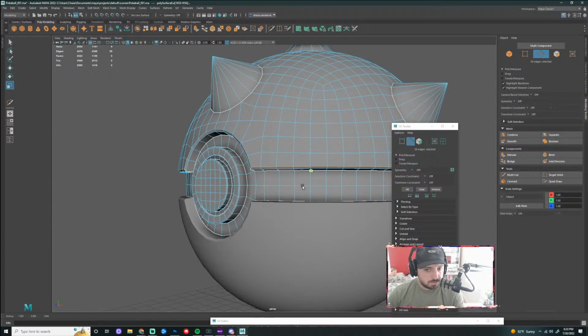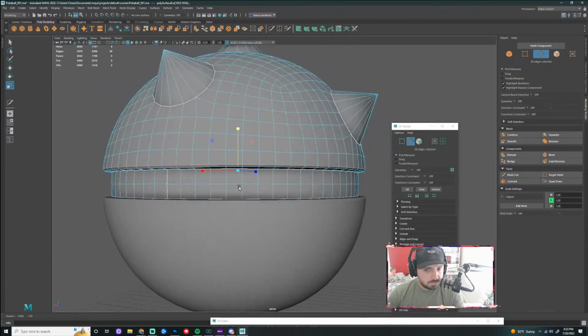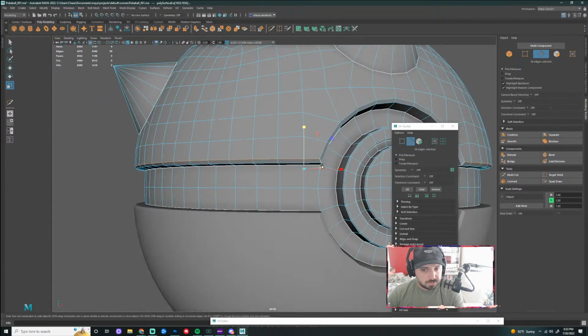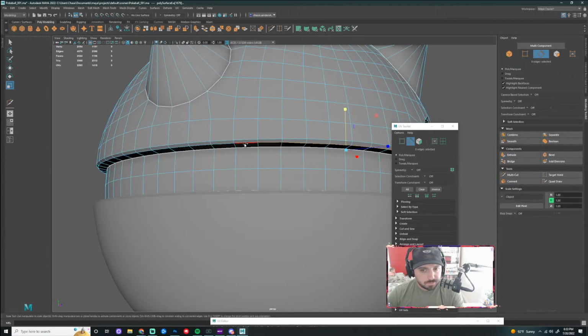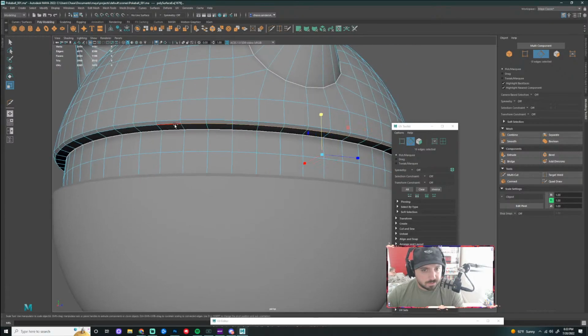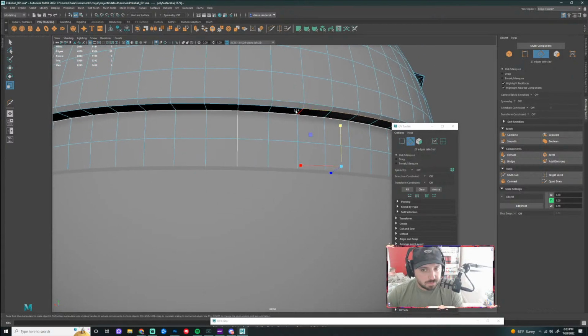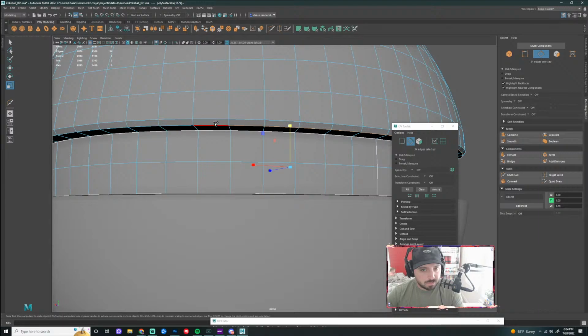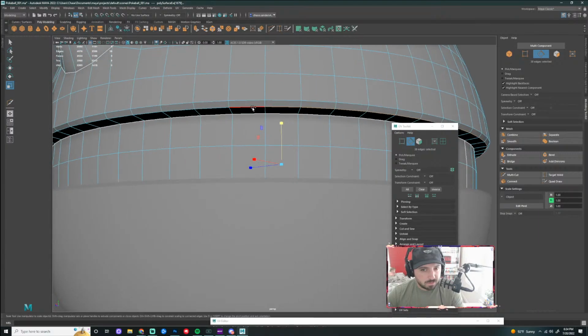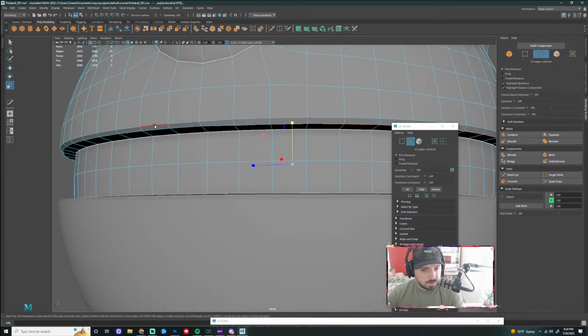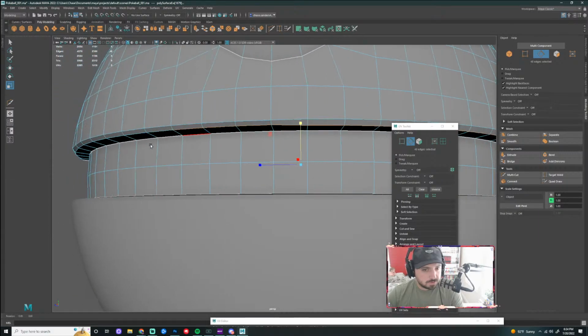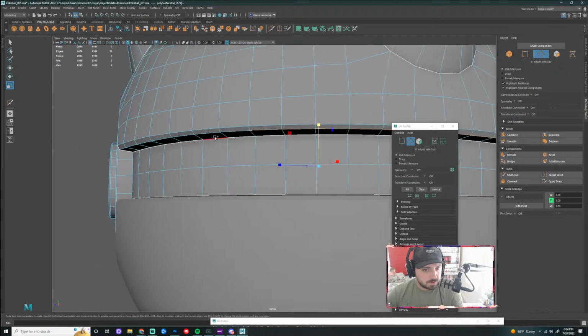Take this and level that out. That should be good, and then I can do the same thing on this one. I guess I should have been better at checking that bevel and making sure that it was not messed up, but it should be fine.